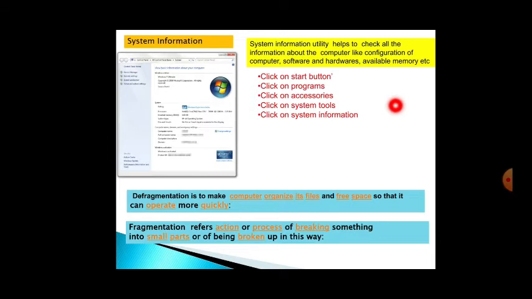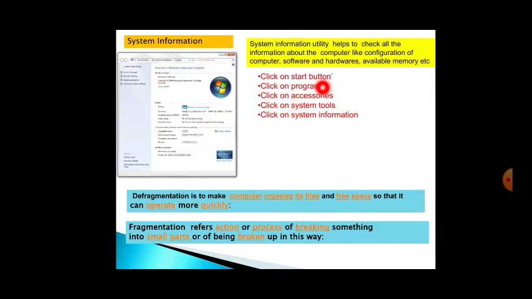Next, system information. So what is system information? The system information utility helps to check all the information about the computer, like the configuration of the computer, and the software and hardware available in the memory. You can see the system information here.